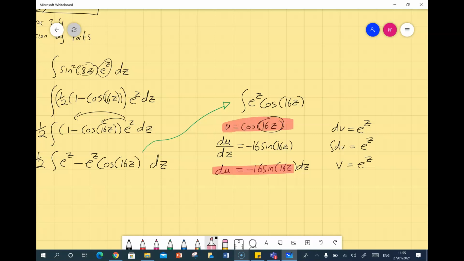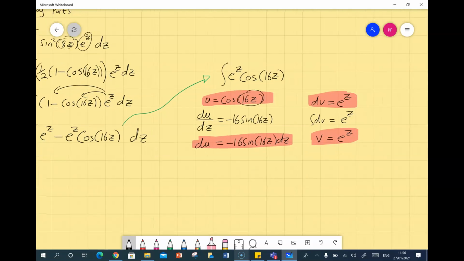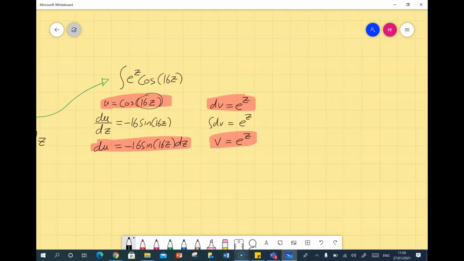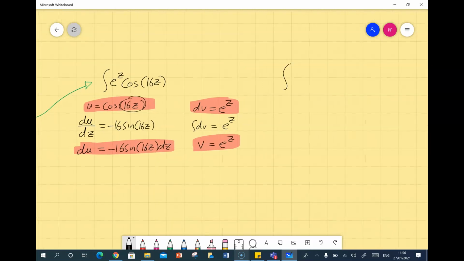Now, just a health warning here. This integral, we're going to have to end up doing integration by parts twice to end up solving this fella. Alright, let's apply our formula here, to the side. So we've got our integral of u dv is equal to uv minus the integral of v du. So the integral of u dv is the thing we're trying to do, e to the power of z cosine of 16z. That's equal to uv, so that's cos of 16z by e to the power of z. I'll write it as e to the power of z cos of 16z